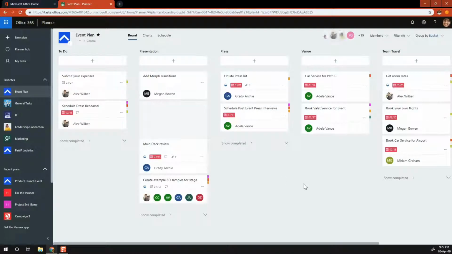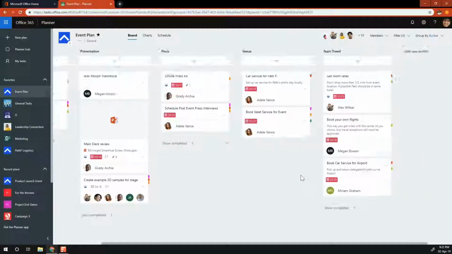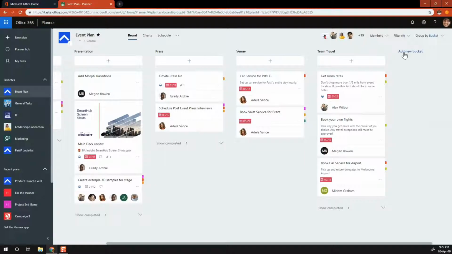Tip two to organizing plans is, let's get into one of the plans, right? Event plan. Here, as you can see, I've got so many buckets within the planner, right? I can click create a bucket, a new bucket called, I don't know, catering. And we all know that you could